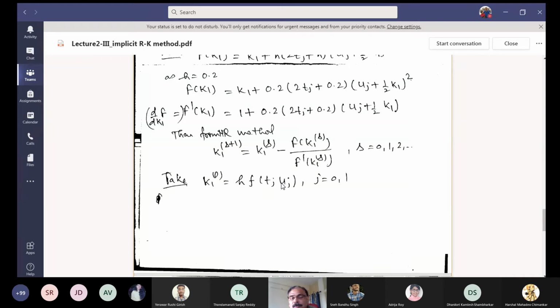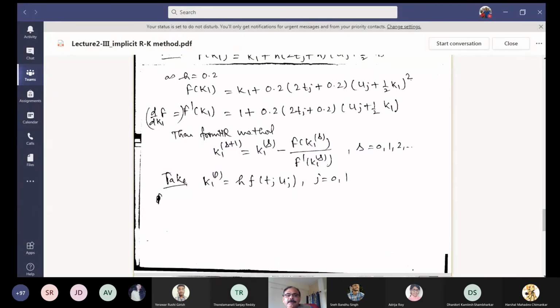That is the major part. What should be the initial guess? Is that clear? Hello? Sir, I do not understand why we are taking initial guesses as h into f of tj. This is the nearest one, and you can calculate that. There is no other value which you can take from this. Either you have to somehow solve the differential equation, the linear differential equation corresponding to this, and then if you get some